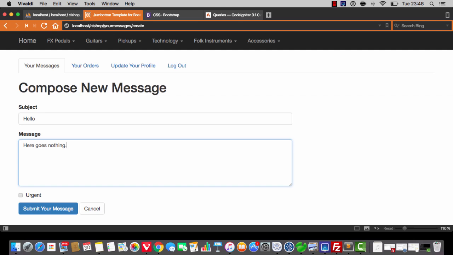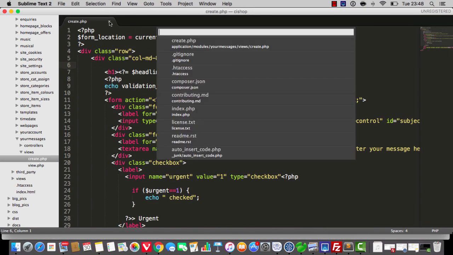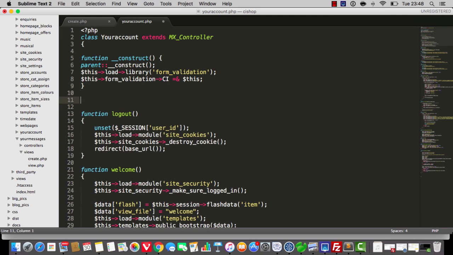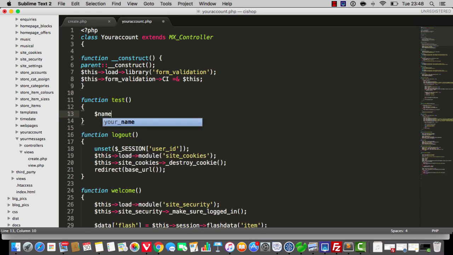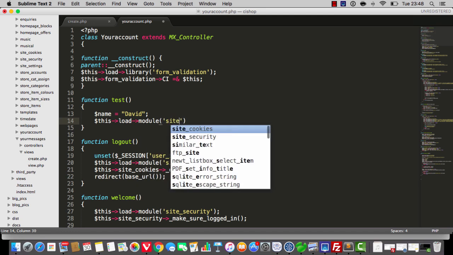However, just before we start, let me do a little PHP timeout, okay? I would like you to open up your account, the your account controller. And we'll make up a function called test, okay? And we'll say name equals, and just add your name in, okay? And then we're going to load up site security,